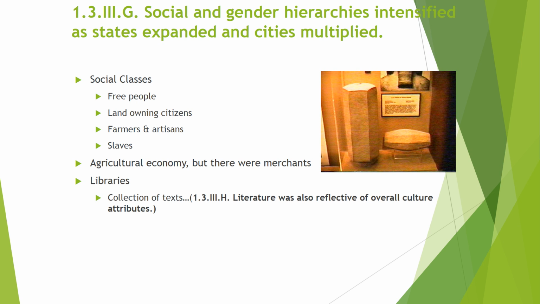This is really important because 1.3.3.h looks at literature being a reflection of overall cultural attributes. Once again, go back to your other examples. What does the Epic of Gilgamesh teach us? It teaches us that we need to be appeasing to the gods. That means we had multiple gods. What does the Book of the Dead teach us? It teaches us that the body needs to be prepared because it has a very short life expectancy, but in the afterlife it's going to live for much longer. The spirit, right? So we got to make sure we take care of it in order to make that afterlife awesome. Mesopotamian world, we know we have free people and landowning citizens in this breakdown because it's told to us in text.